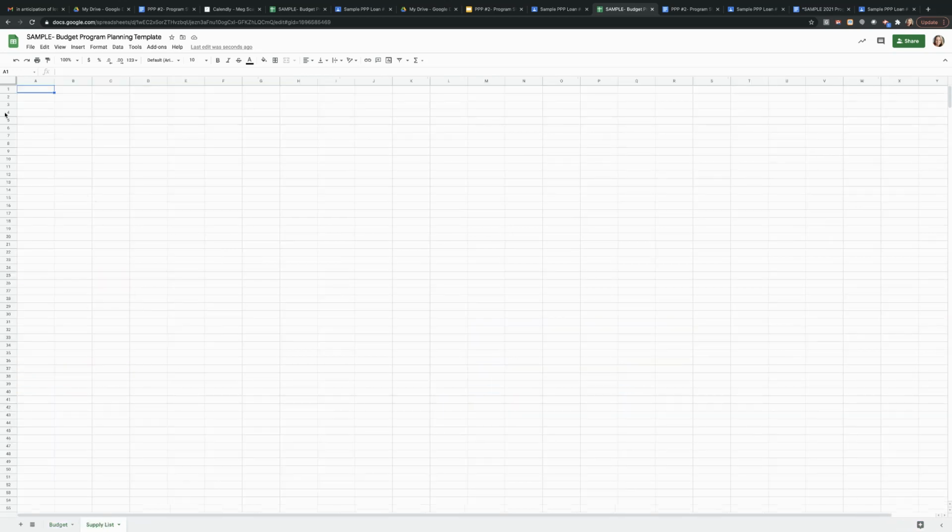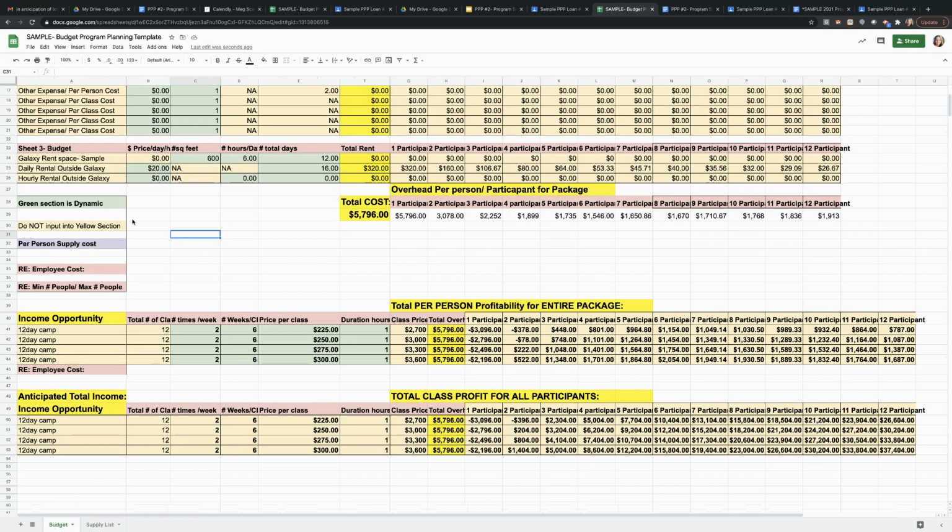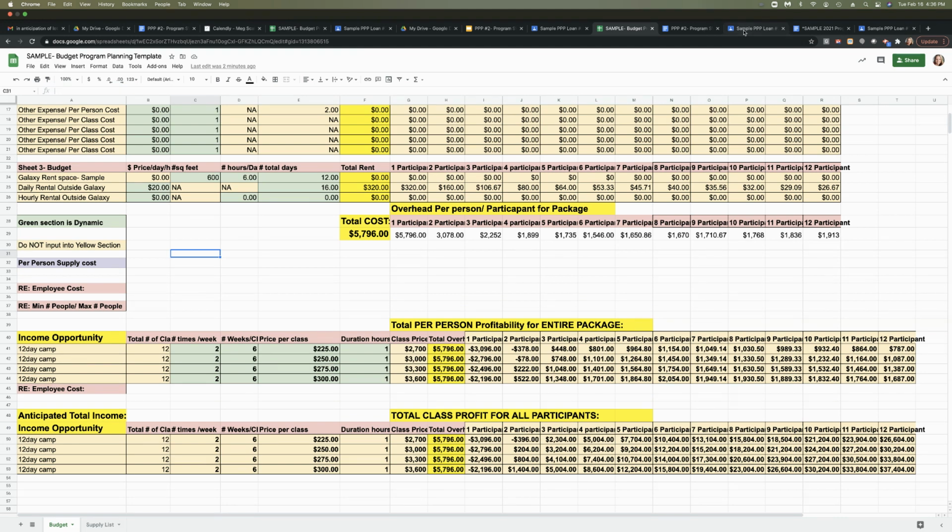Tab 2 down here at the bottom is just a supply list. So if there are things that we need to budget for and supply, you would put that there, the amount, the link to it, and what it is that we would need for that. So going back to the sample,